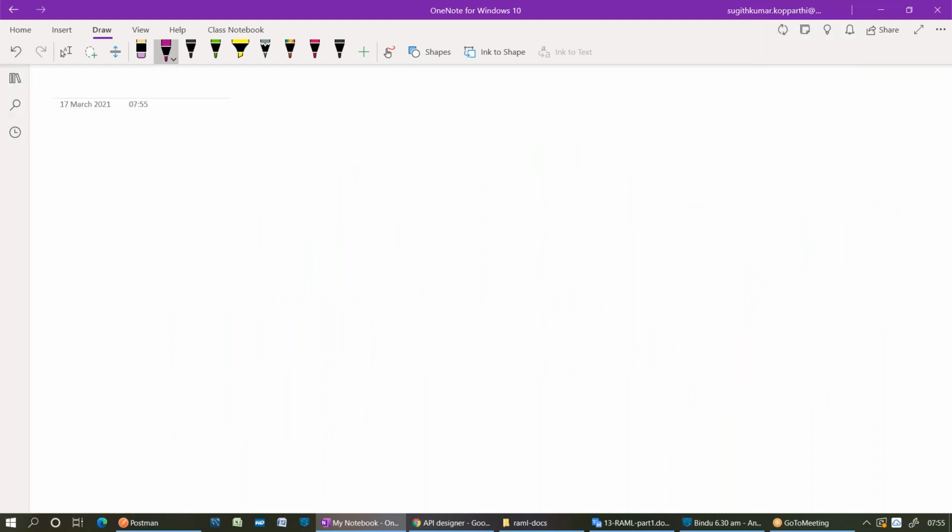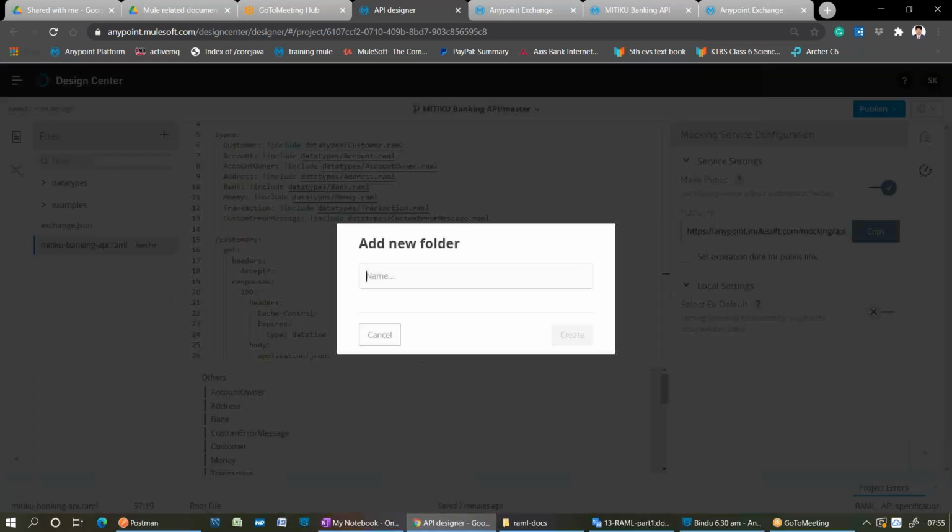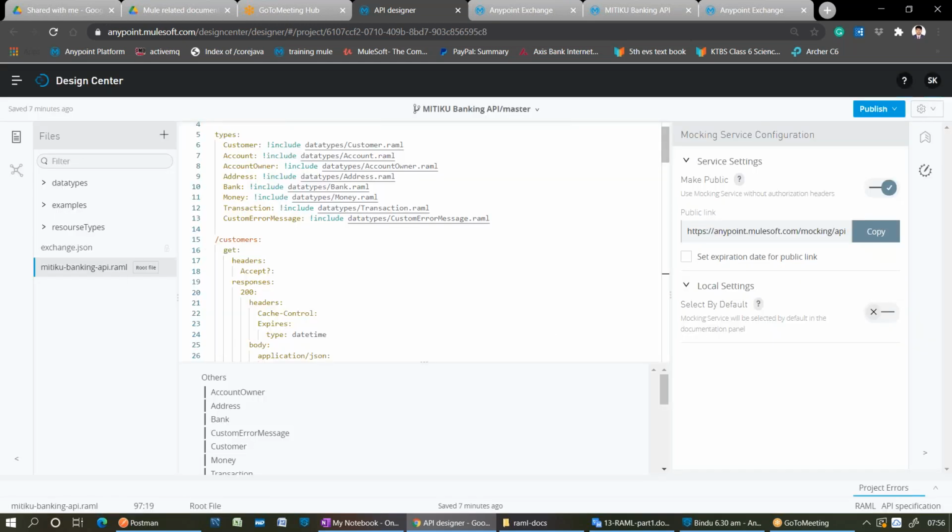Very simple. Let me create a resource types folder here. New folder, resource types. Under the resource types, let me import.